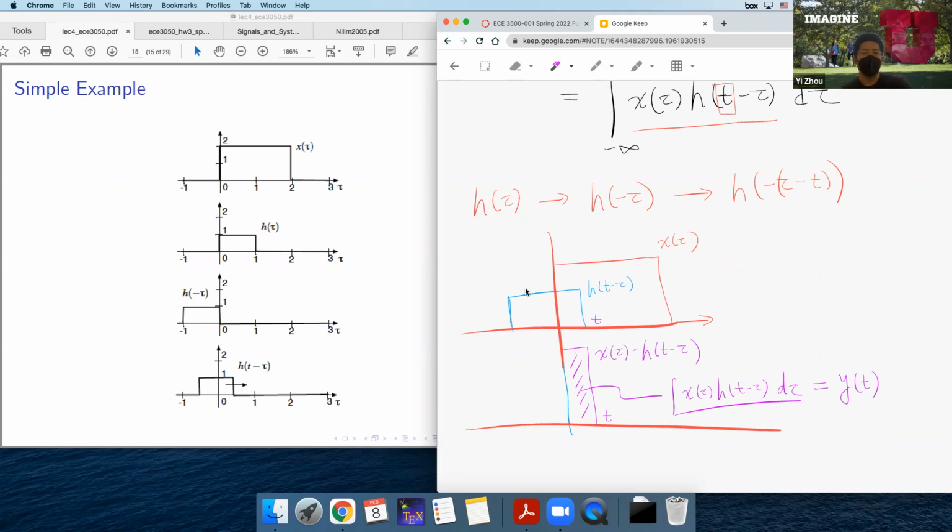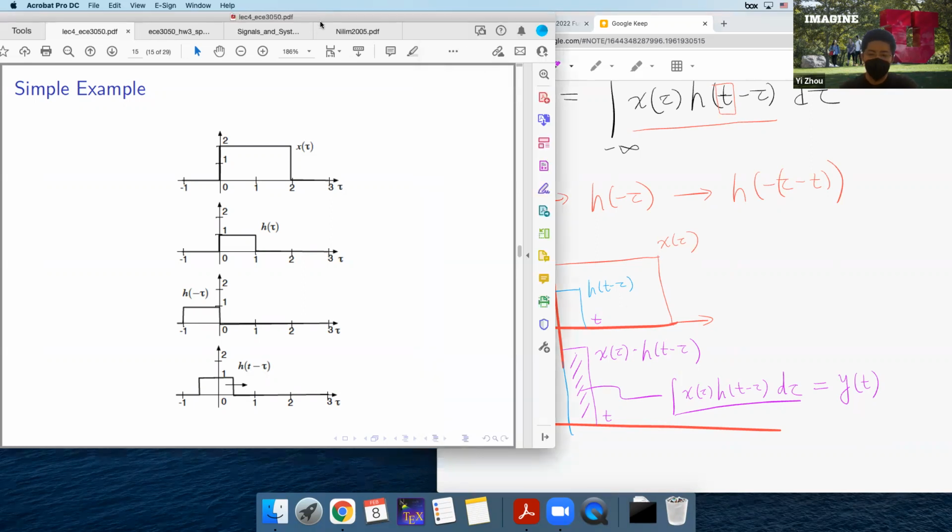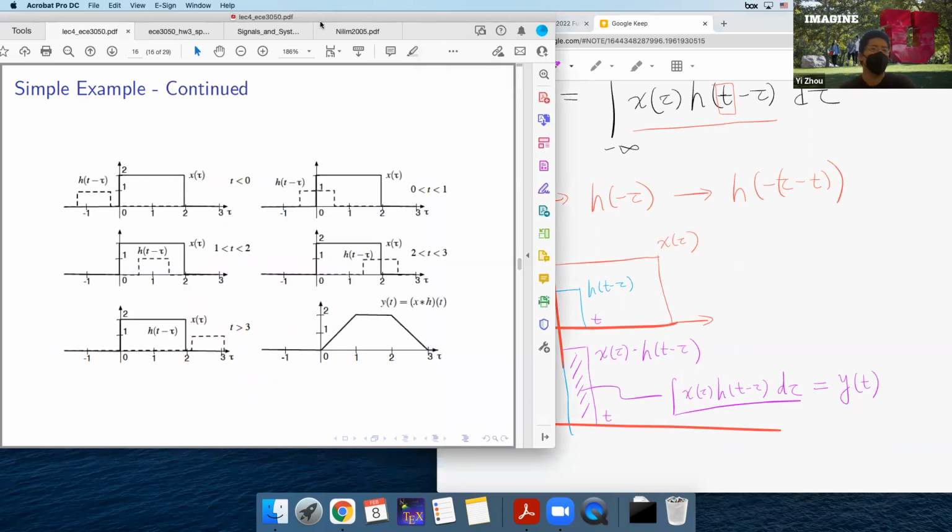And once we move this rectangle signal along this horizontal axis, you can imagine that the overlapping area between these two rectangles will change depending on their relative locations. So this will create an animation